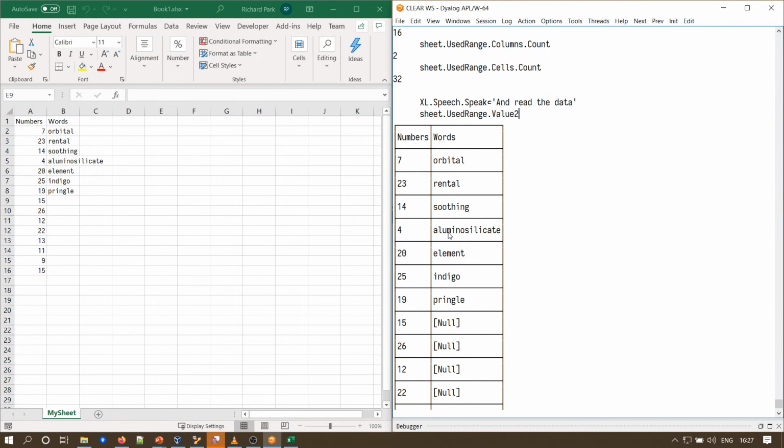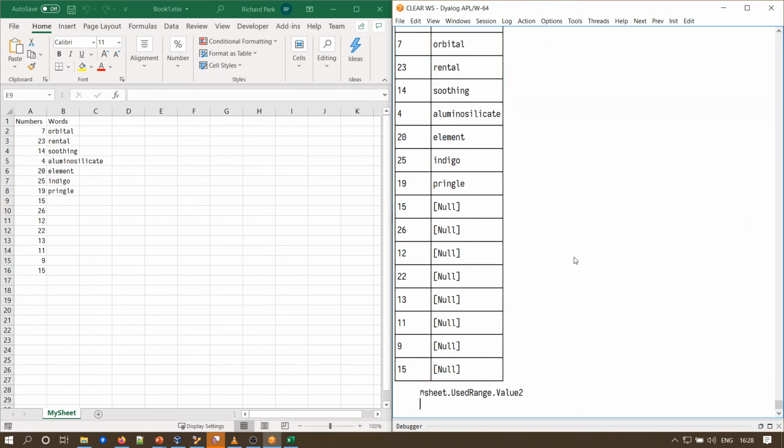The thing called Value is, I guess, a bit more complicated. It has the ability to store date-time formats or currency formats. But in APL, we can't really represent those, so we just stick to the Value2s. And you'll also notice that those empty cells, as before, get imported as